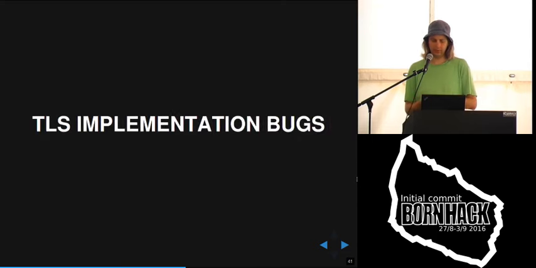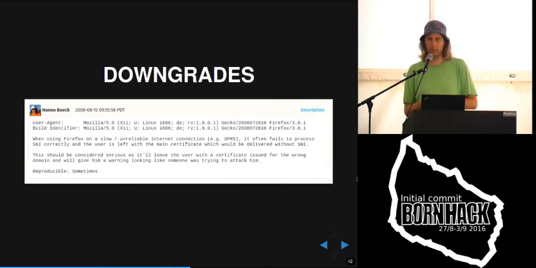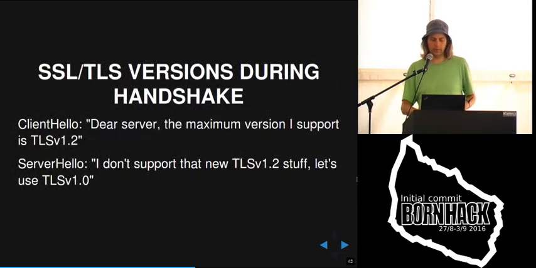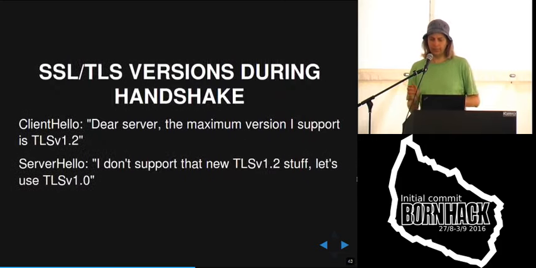And now I want to get to TLS implementation bugs. This one has a long history. In 2008, I opened this bug in the Mozilla bug tracker, where I discovered that I was using a server with various websites with different certificates, and I experienced sometimes, especially with bad internet connections, that the server would show me the wrong certificate. And why was that happening? That needs a bit of background.